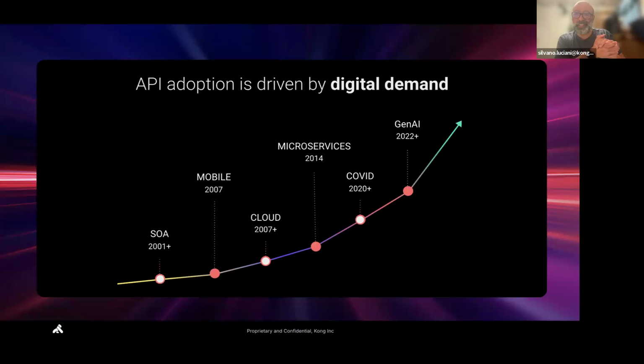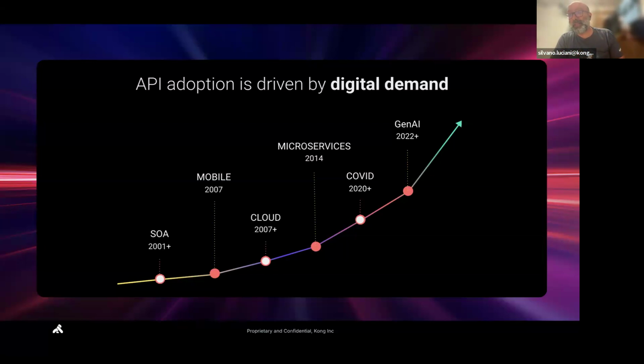In this curve, I still remember when, around 2007, with mobile and cloud, I moved to California, I joined Google, and we were in that transformation of everything needs to go to mobile. So more and more APIs were going out, like Google itself was putting out so many APIs for all sorts of developers. And it was really the start of this API economy that then grew even more with cloud, where everything is an API if you're working in the cloud.